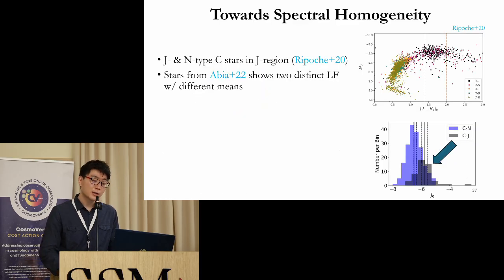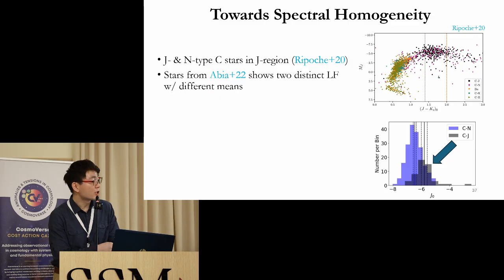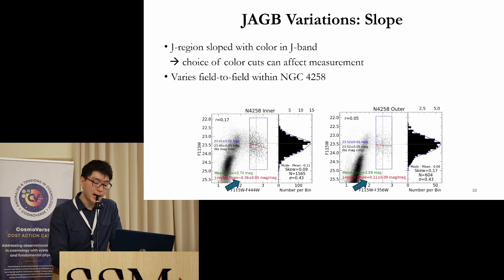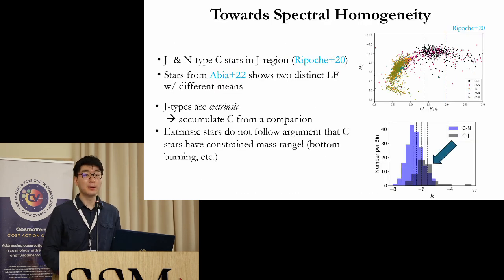There is also a spectral diversity of stars in the J region, and the fact that not all stars in the J region are actually of the same type. So are these different carbon star types, these J types and the N types, that live in the J region? And if we had simply plotted the luminosity functions here, separated out by these J types and these N types, we see that they have means that are quite inconsistent with each other. You can certainly see that if we had combined the blue and the black histograms, we'd certainly get an asymmetric